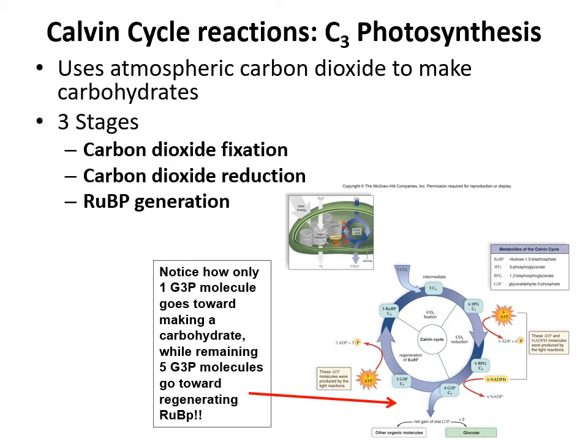Now, at the end of that, because you attached carbon dioxide to the 5-carbon Ruby P, you now have a 6-carbon molecule. That 6-carbon molecule now splits into 2 3-carbon molecules, which is the 3-PG, or sometimes you see it written as G3P. Okay, so when you have that process, there's an enzyme called Ruby P carboxylase, which helps speed